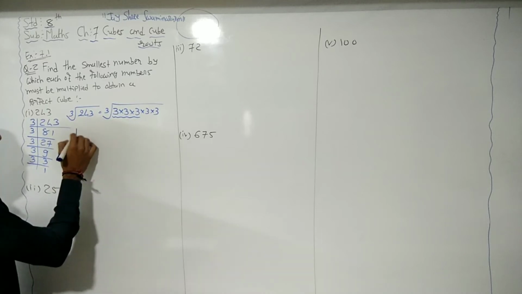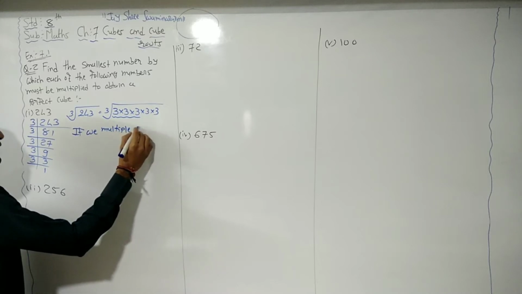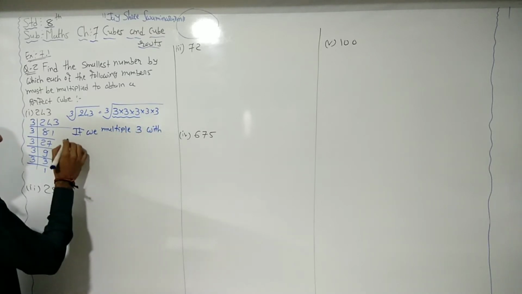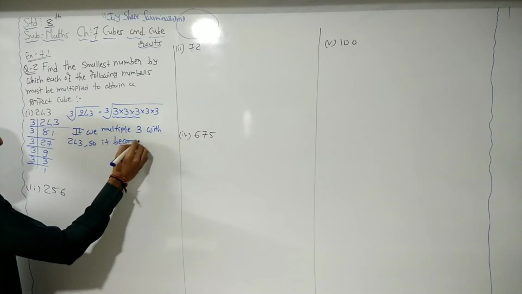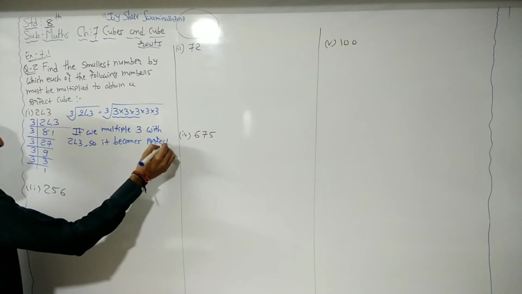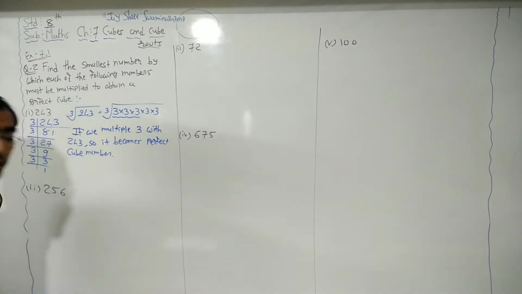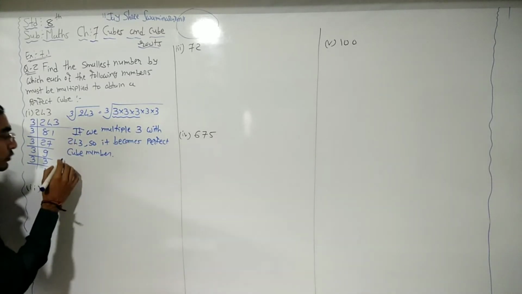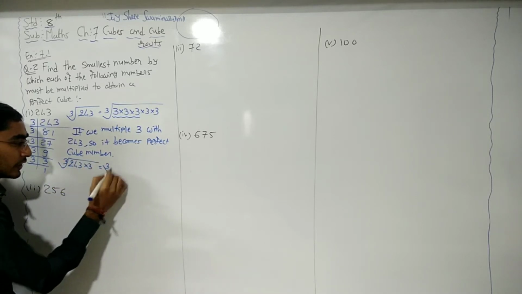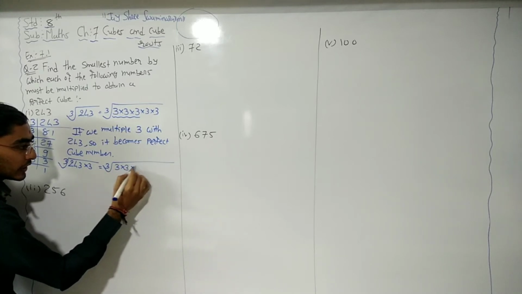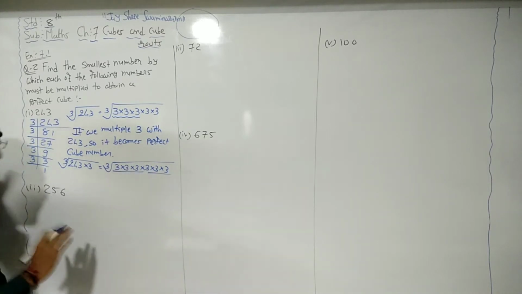So if we multiply 3 with 243, it becomes a perfect cube number. If you multiply 3 with 243, it becomes a perfect cube number. So here 243 multiplied by 3, and here we add one more 3, so 3 3 3. Now one more time, so it becomes 6 times. So here the group of 3 is complete.